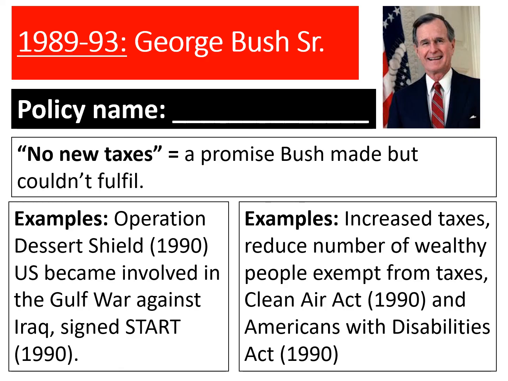One of the mistakes he makes, though, is he doesn't then pursue Saddam Hussein. He doesn't depose him as leader of Iraq. This is going to be a problem later on when Saddam Hussein, as a dictatorship, takes over various other parts of Iraq and becomes a real problem for America. This is USA becoming involved in the Gulf War. He also signs the START Treaty in 1990 with the leader of the USSR, Mikhail Gorbachev, and this is bringing about an end to the Cold War. So he's the president that sees the Cold War between USSR and USA come to an end.